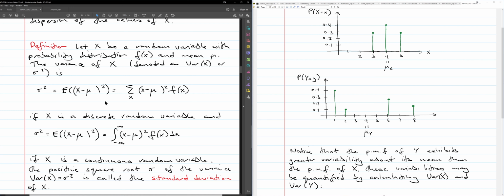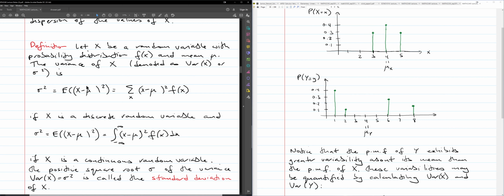Notice this is a definition in both the discrete and continuous cases. It's just that in the discrete case you'd have a certain formula, and in the continuous case a similar but different formula. So the definition of variance is the expected value of (x minus mu) squared,